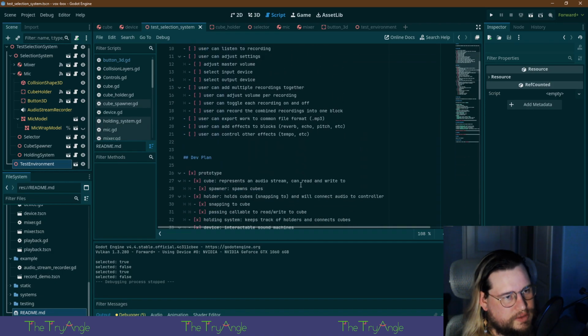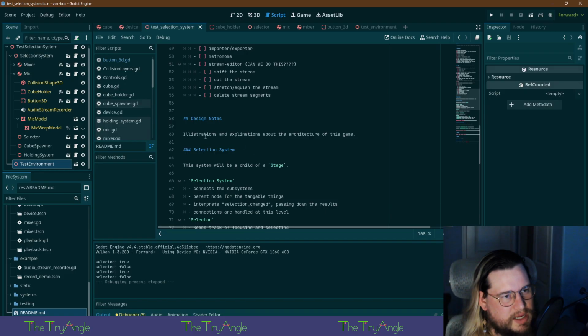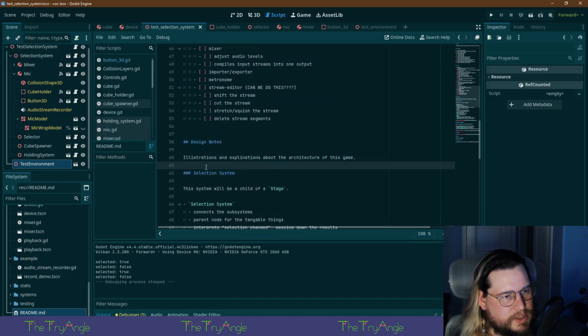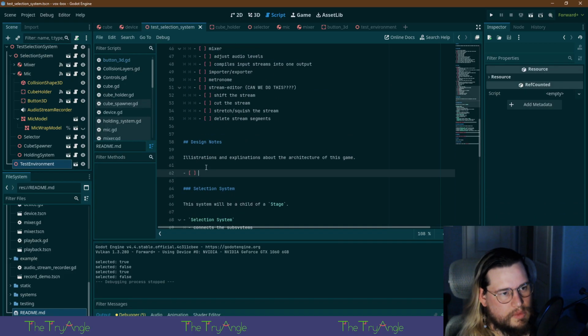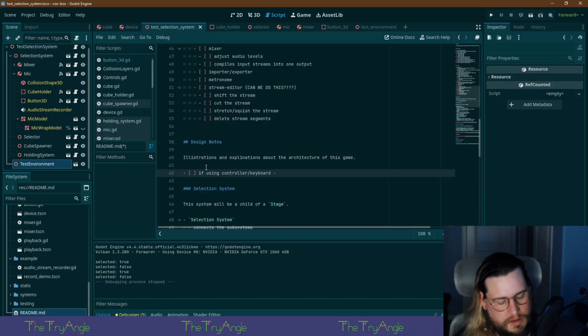I'm real hungry now. Dev plan, design notes. Let me just put in here... what are we writing here? If using controller or keyboard, must not check mouse.